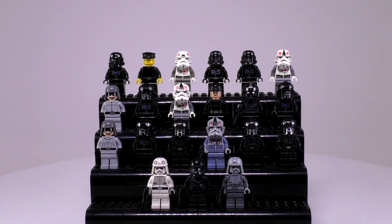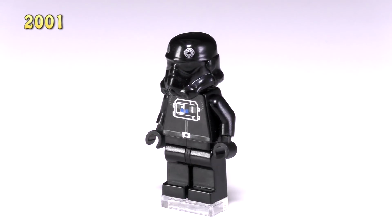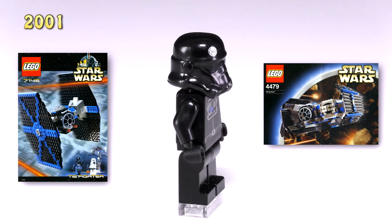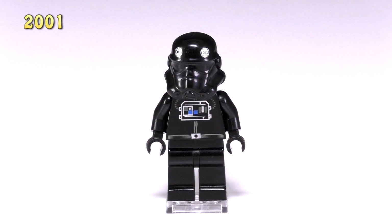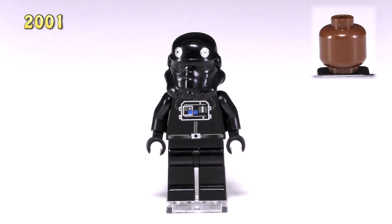Okay, so starting in 2001, two minifigs were released. This first one here is just the generic TIE Fighter pilot. He came out in the set TIE Fighter 7146, as well as the TIE Bomber set 4479. The printing here is very simple. He comes with a helmet that is the exact Stormtrooper helmet, just printed in black. And I'd say this guy actually looks closest to maybe a Shadow Trooper. He's got a straight brown headpiece with no printing underneath the helmet, and he sells for about $7 on